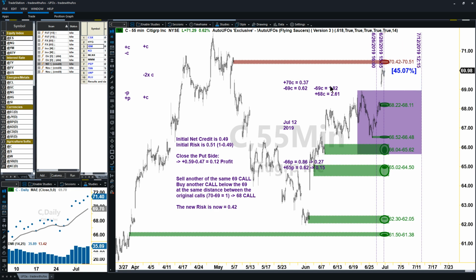So I have redefined the range, and this is quite convenient because I also redefined the range at a time where I am getting closer and closer to July 12, which means I got more time decay, I got less statistical opportunity for price to move further away, because the less time you have, the less time you have to move, right? So you are getting closer to July 12, and therefore, this is producing a benefit when doing that. Not only do you reduce the risk of the trade, but now you have